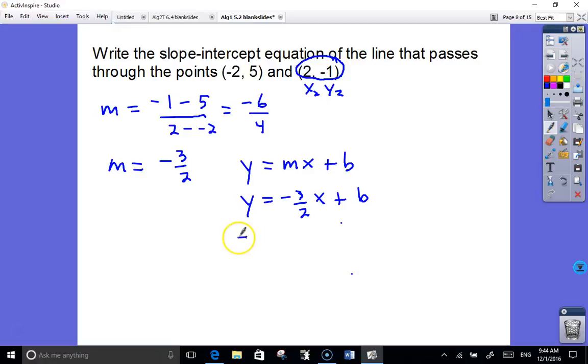So y equals negative 1, times negative 3 halves times 2, plus b. Negative 1 equals, what's negative 3 halves times 2? Negative 3, right? The 2 cancels the 2. And now plus b. So b equals, add 3,